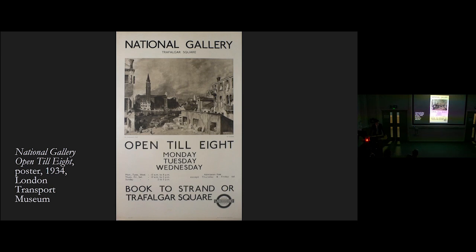Electric lighting allowed the gallery to stay open until 8 o'clock in the evening during the week, which the Times noted would create a new class of visitors, allowing people in offices to step inside after work. In another populist initiative, Clark had opened the gallery at 7 o'clock in the morning on the day of the FA Cup final in 1934, while he hired a public relations firm and advertised the evening openings on London Underground posters. Clark's strategy was a success, with over 100,000 more people coming to the gallery in the first 5 years